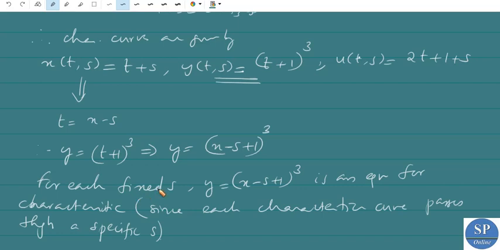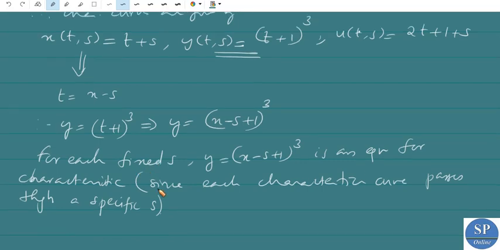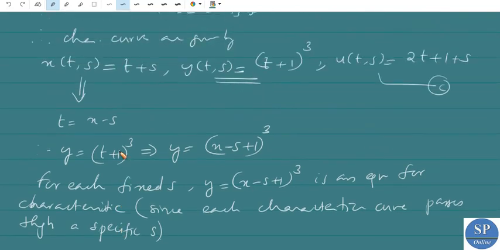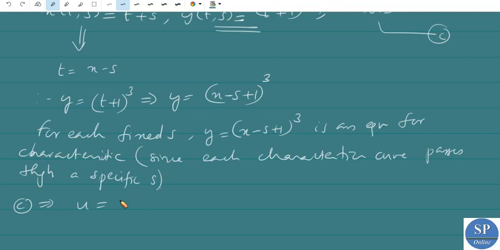Okay. So now to get the solution, we need to write this u. So from this we have u equal to, suppose this is c. So from this c implies we have u equal to 2t plus 1 plus s, but we have y equal to this. So from this we can write